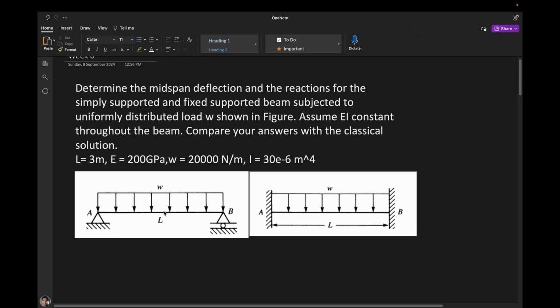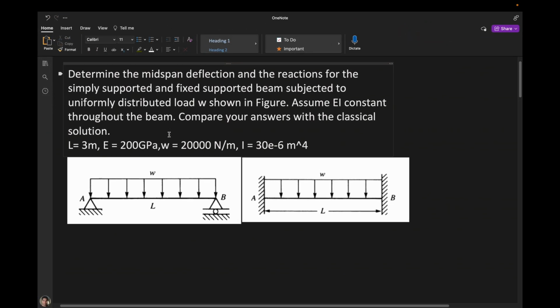So the first problem which I selected is related to the beam problem, and it is saying that there is a span where there are two kinds of distributed load. In figure 1 it is a uniformly distributed load, and in figure 2 it is also a uniformly distributed load, but in this figure it is simply supported, while in this figure you can see that it is fixed supported,